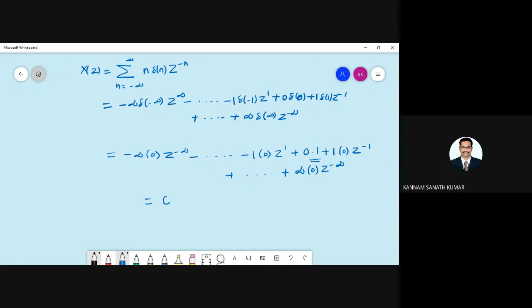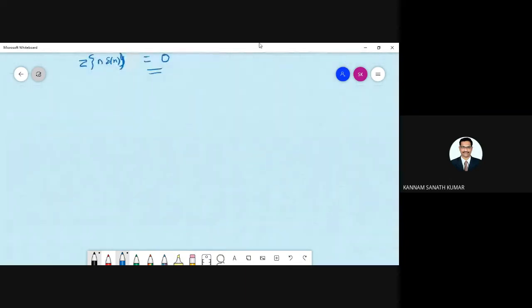0. Okay, so that means the Z transform of n into del of n equal to what? N into del of n equal to 0 you are getting. Okay, so the Z transform of n into del of n equal to 0. Okay. So this is how you can find out the Z transform of a given signal. Okay. So next we'll see